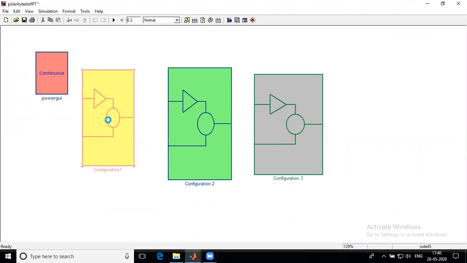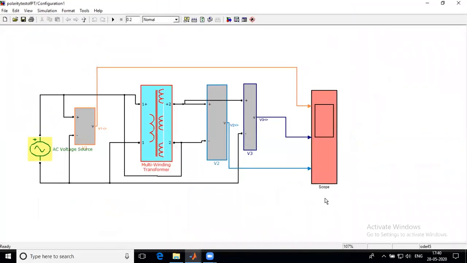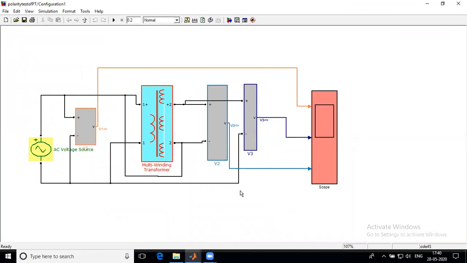Here, in configuration 1, just see what changes are occurring. This one is the V1, this one is the V2 voltage measurement, and this one is V3. V3 is connected across P2 and S1 for this configuration.